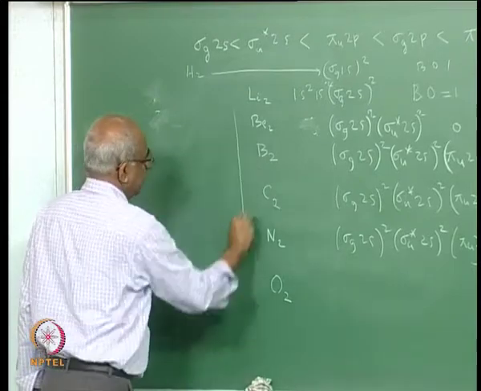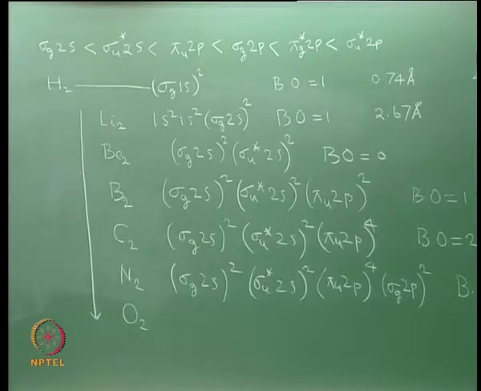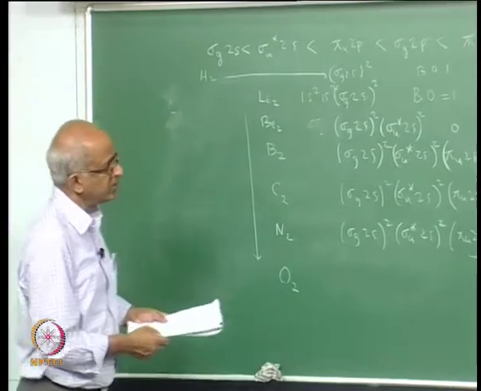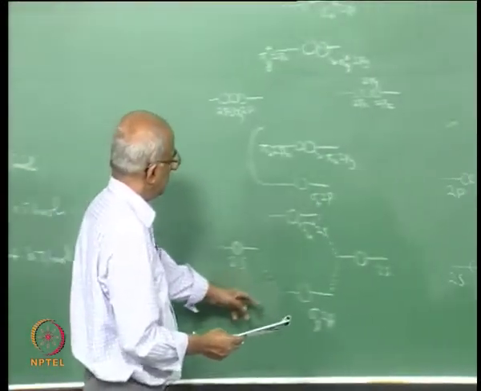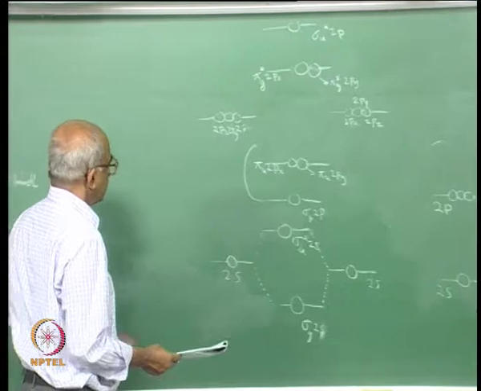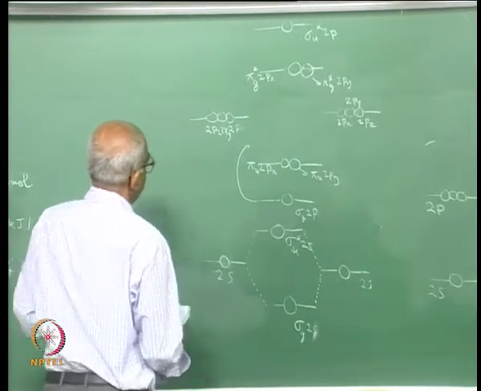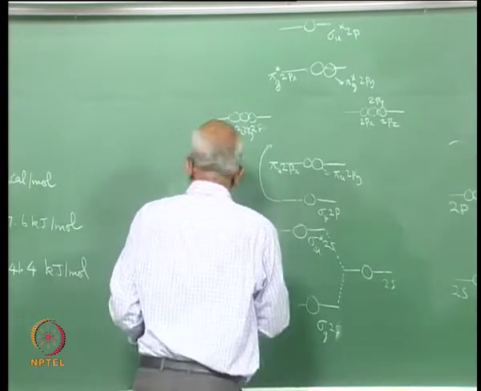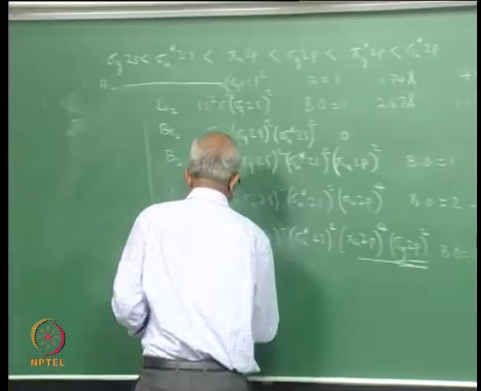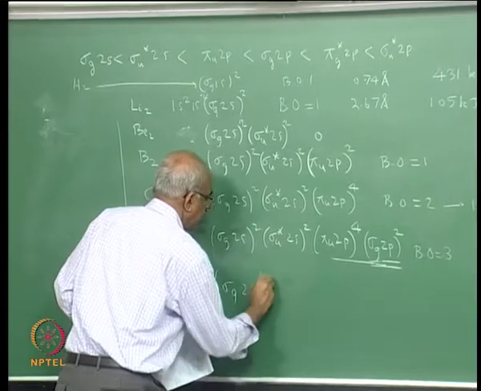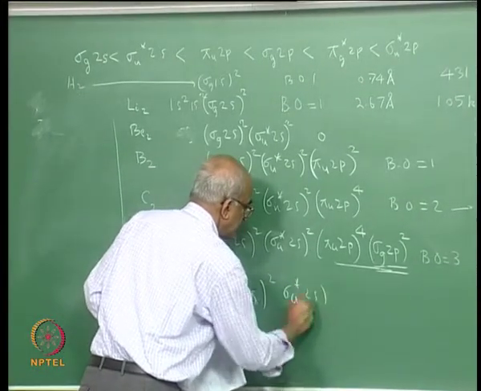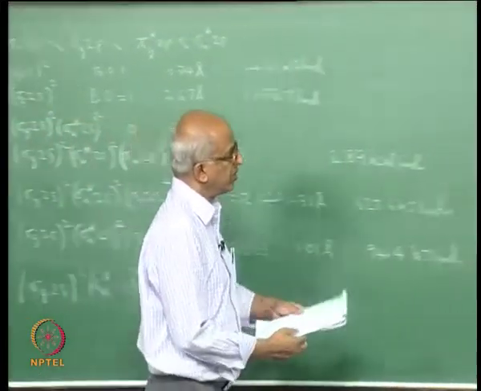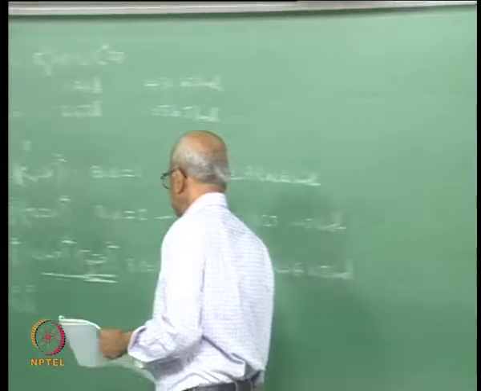As you go down, the separation in energy between the 2s and 2p atomic orbitals increases. As a result, the orbital order gets interchanged. In the case of oxygen, the orbital order is this one. It is the case that sigma g 2p has a lower energy in comparison with pi u 2p. So, the electronic configuration of oxygen will be sigma g 2s with 2 electrons, sigma u star 2s with 2 electrons, and the next orbital is sigma g 2p with 2 electrons,